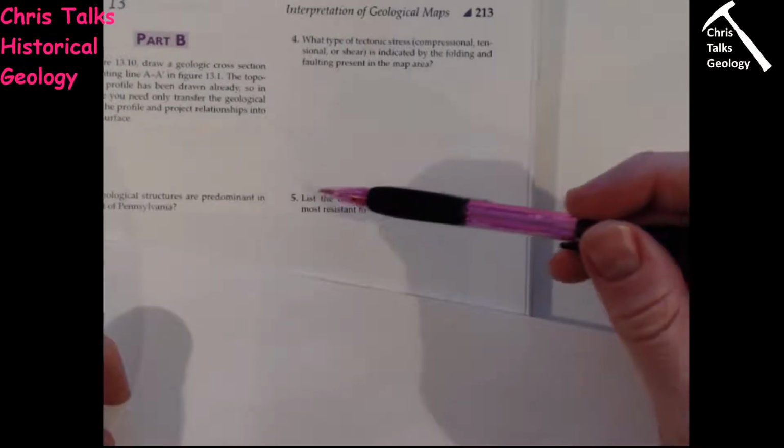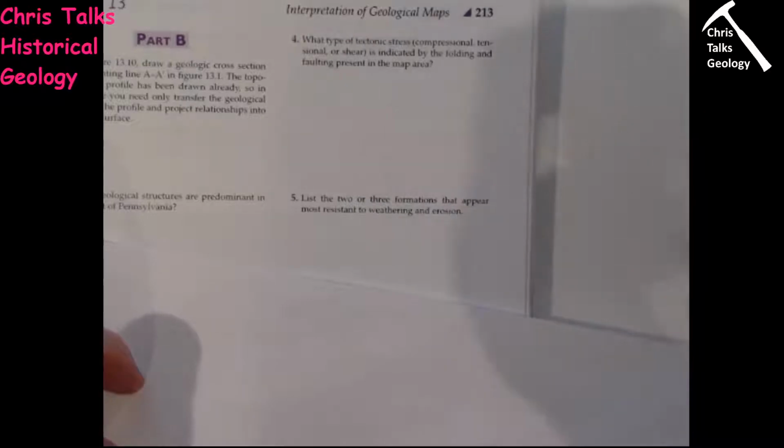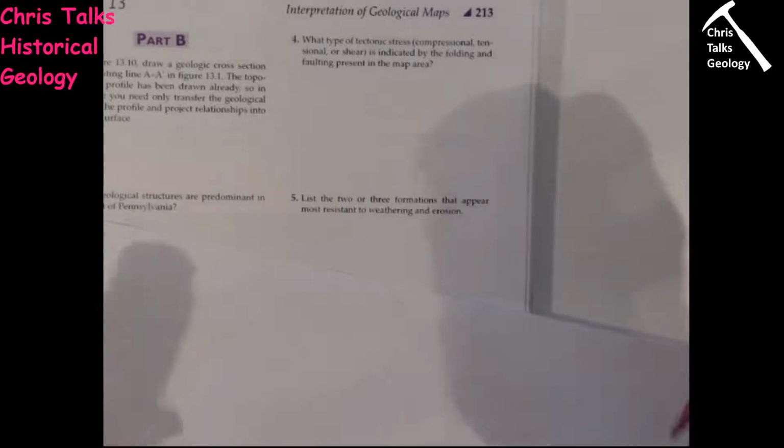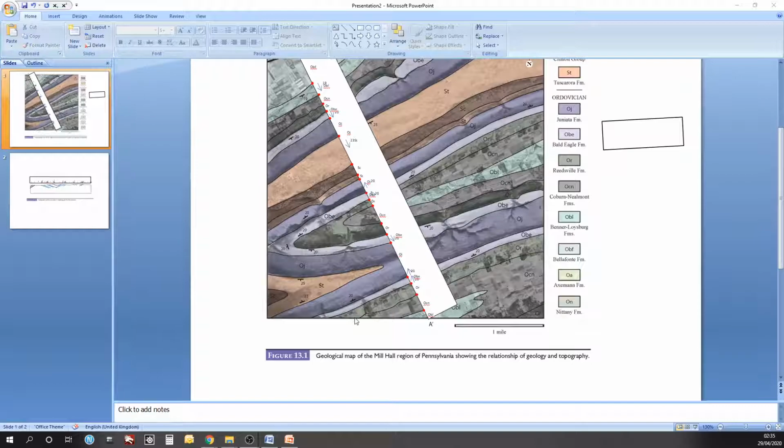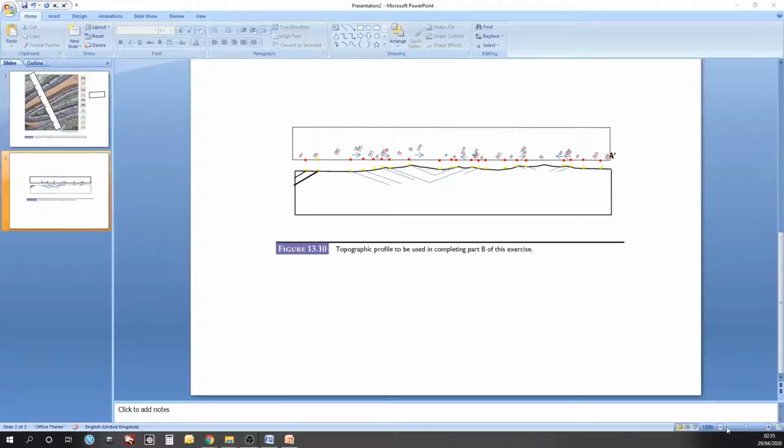And finally, list the 2 or 3 formations that appear most resistant to weathering and erosion. So you're thinking, okay, how do I know that? Well, typically the layers which will be most resistant to erosion will tend to form topographic highs. So if we come down here and we look at this diagram here,